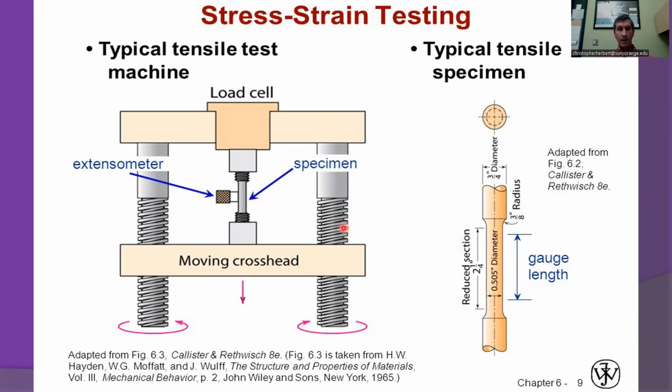Well, this device right here, they actually can do this with hydraulic pumps, but you can essentially take a screw right here, rotate the screws, and create tension between this upper beam and this lower beam, which we're going to attach some sample between. Now, this sample right here is going to be bolted in here, and it's going to be the weakest part